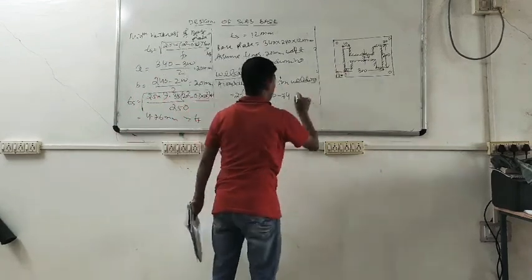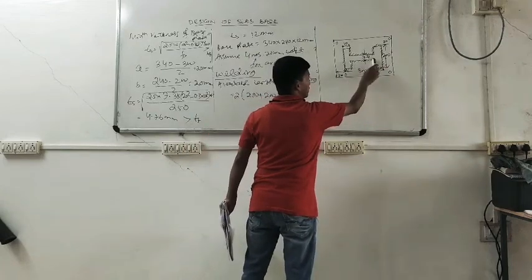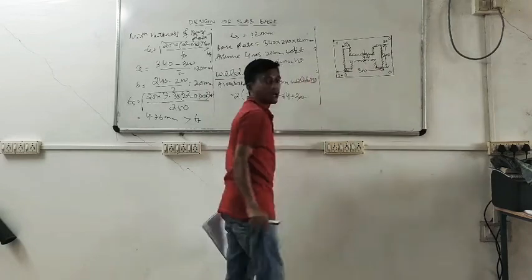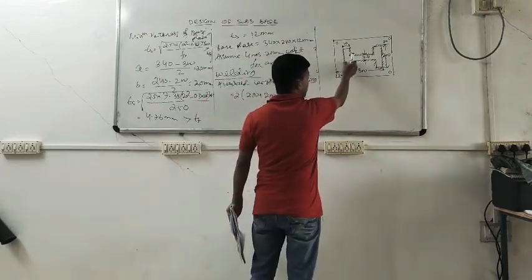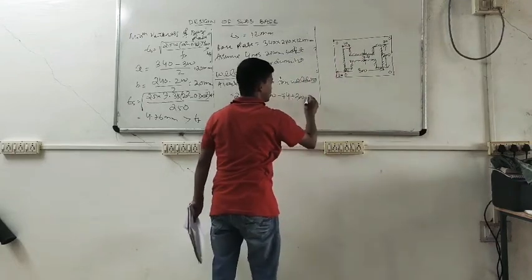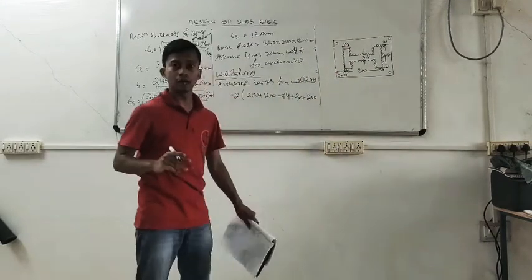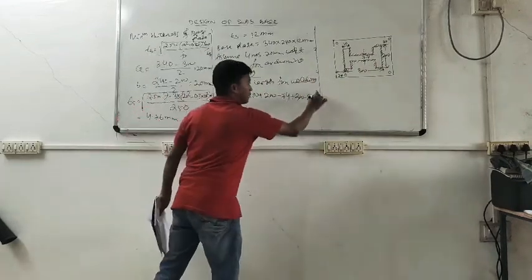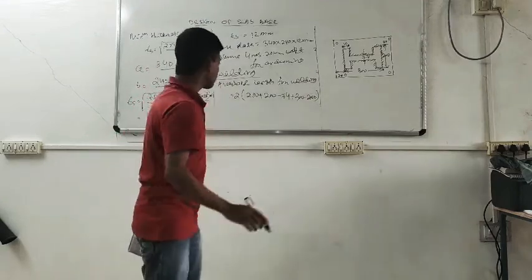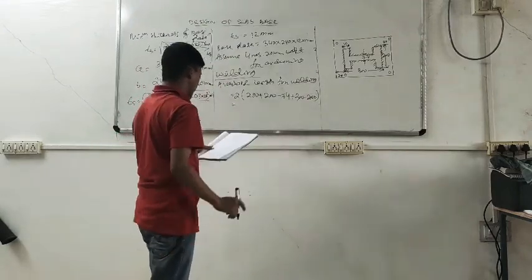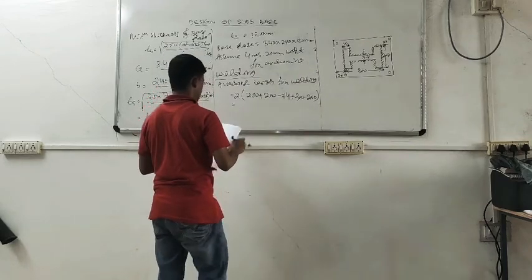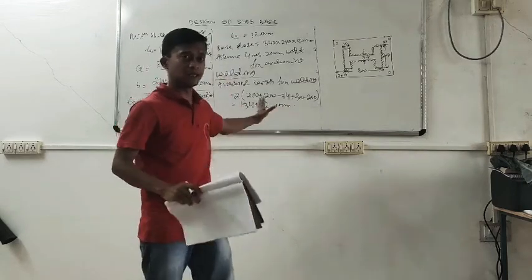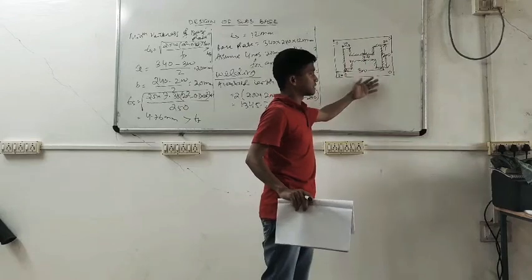Then for the weld, the total length is 300 minus this much and this much, you can't weld. So this size is 10 mm, and on both sides means 2 into 10. If this part is over, for this part you have to multiply by 2, so I have multiplied by 2 at the end. If you calculate this, then this value becomes 1345.2 mm. Means this much of length is available for us to weld that column section to the base plate.